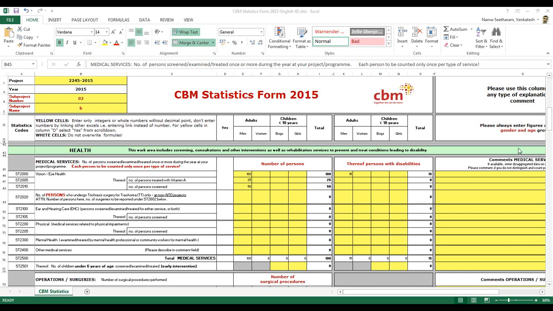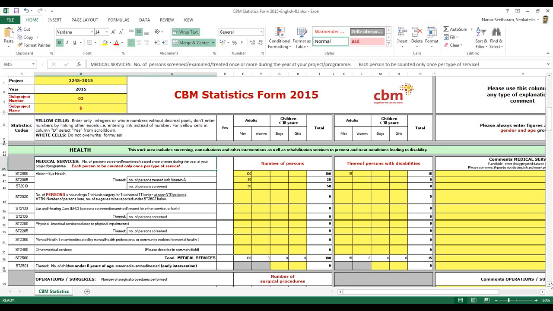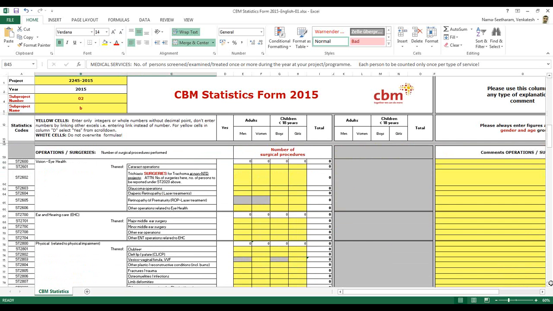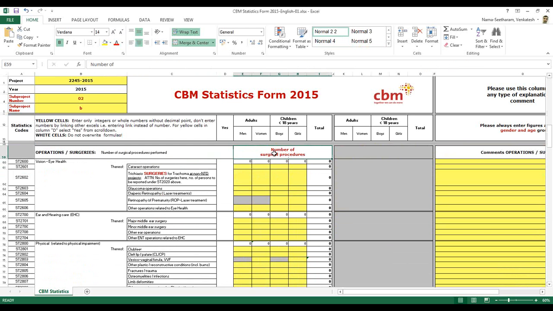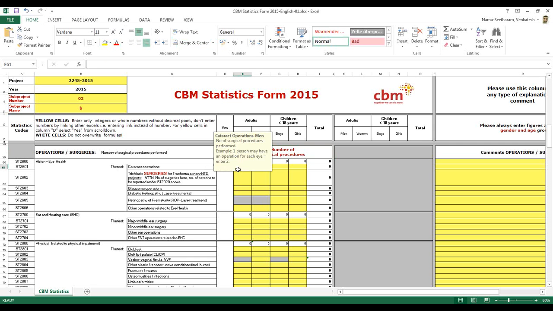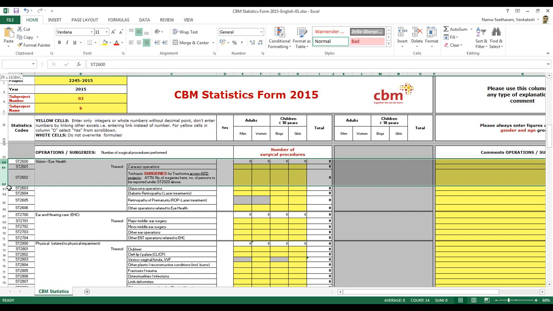Okay, thank you. The next section would be operations and surgeries. Here you are counting the number of surgical procedures. For example, if the partner has done 1000 cataract operations, just put how many are for men, how many women, how many boys, and how many girls. That's all. Don't worry about the number of persons. It is the number of operations. The whole section of operations